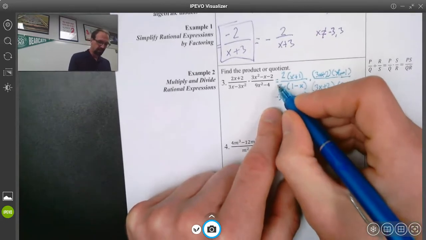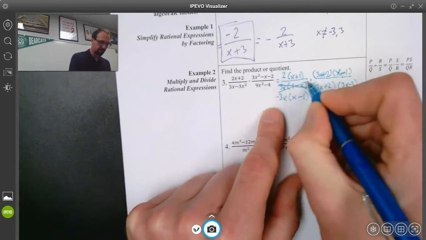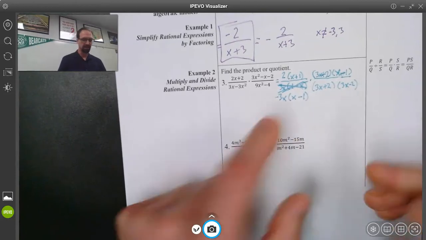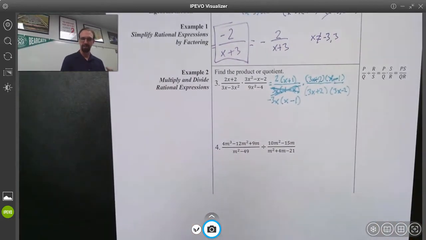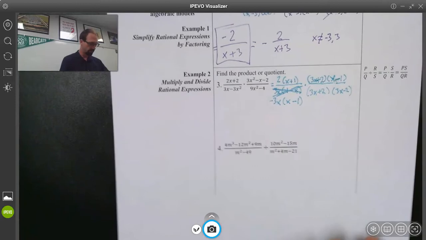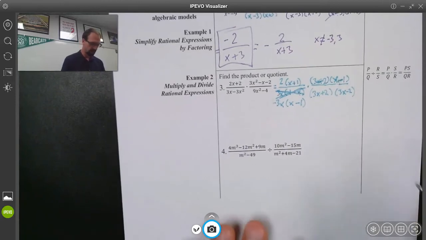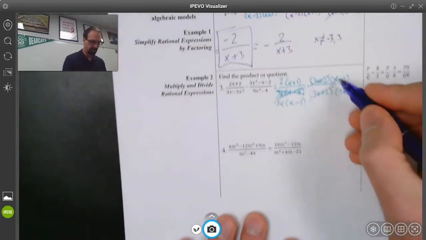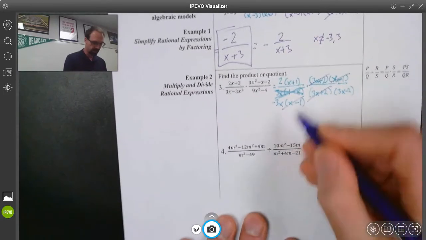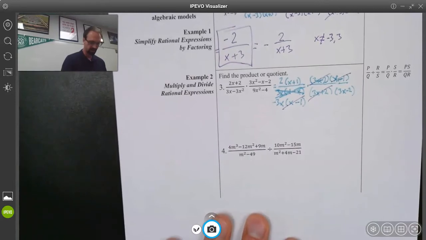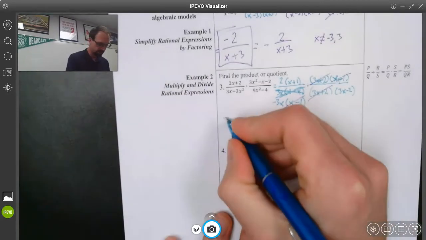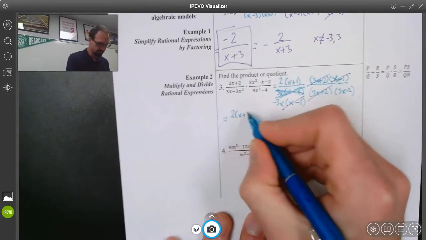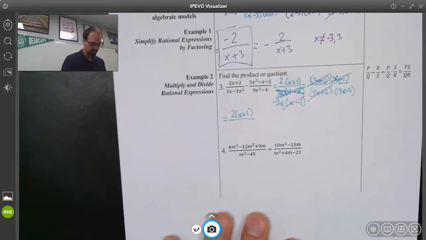Because I've changed this completely, I usually put a slash mark through this entire part to show that I've changed it. And then, now that I've started to do a lot of simplification, I kind of want to keep everything in order, keep everything in line. So what I'm going to do is take the 3x plus 2, 3x plus 2, those cancel. This x minus 1 and this x minus 1 cancel. And it looks like that's all. So I'm going to be left with, in my numerator, 2 and x plus 1 over negative 3x